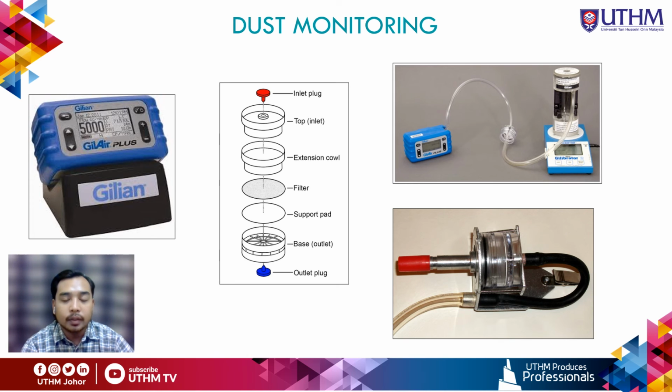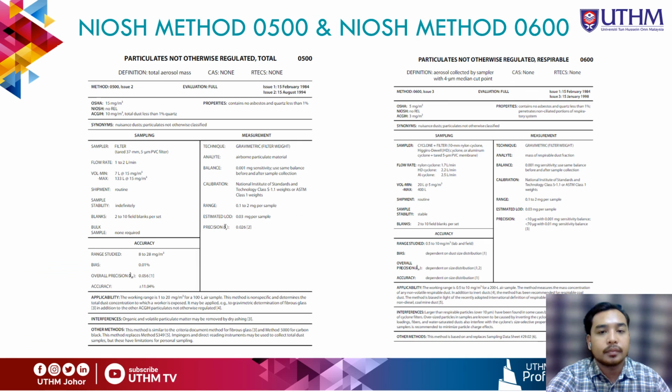On the top right corner of the slide is the sampling pump being calibrated with the pump calibrator. The function of the pump calibrator is to find the correct flow of the sampling pump when we use it to monitor the dust released from abrasive blasting activity. The method is very simple with little error and allows users great flexibility in selecting airflow from 1 to 4 liters per minute.